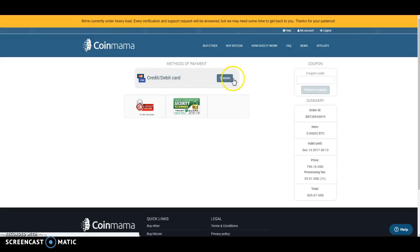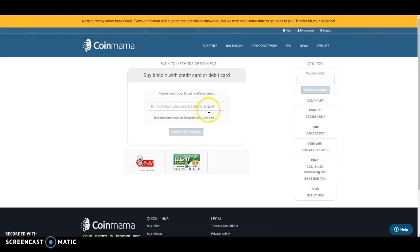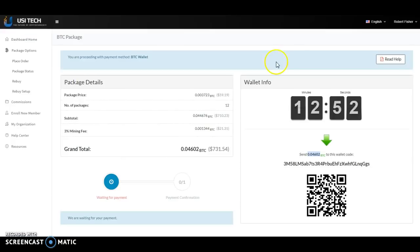Okay, once you go through this process and actually buy the Bitcoin, well, let me show you this first. You'll have to put in the address here as well. So this is what you'll do. When you hit that button, it's going to ask you for the wallet address. So what you do is you come back here to USI Tech, you grab this number that appears here, okay, and you're going to copy that,